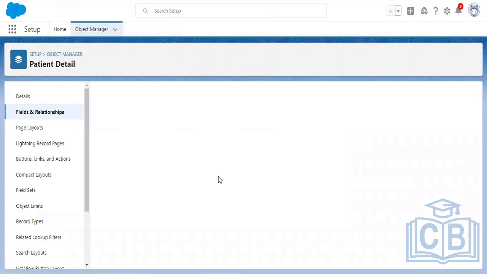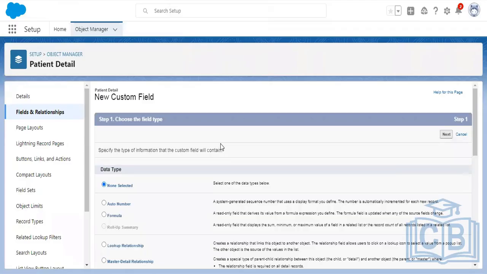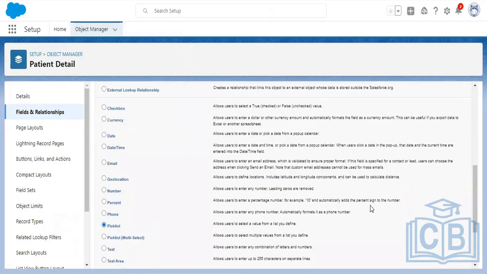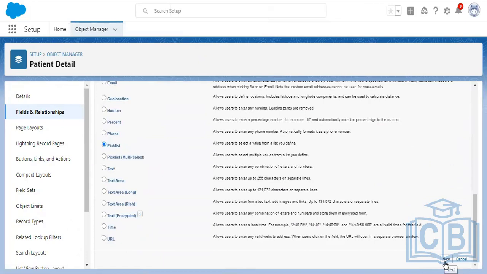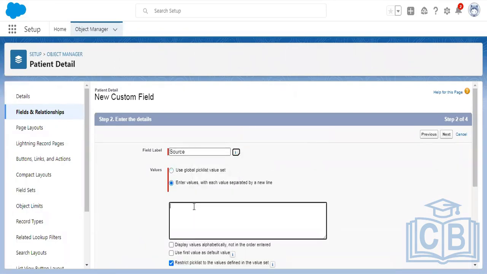So the first step would be to create a source field. We have source as a field, and that would be a drop down, or pick list in Salesforce, right? So name it as source, and say we have probable sources, like from which sources a patient can come. It can be newspaper, it can be referral, it can be direct, it can be social media. So for now let's go with these values. Next,